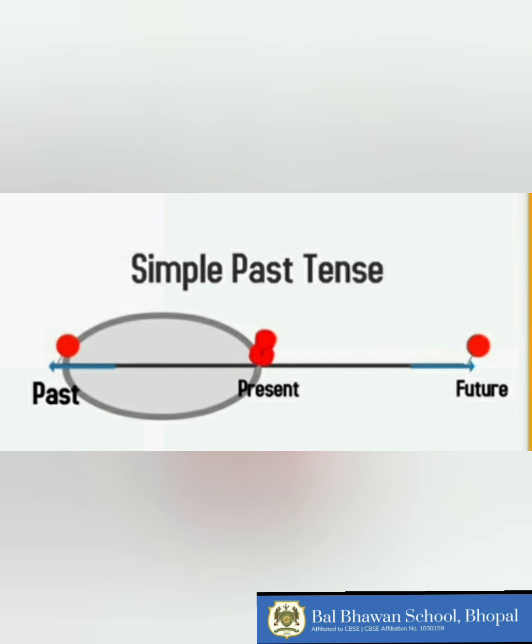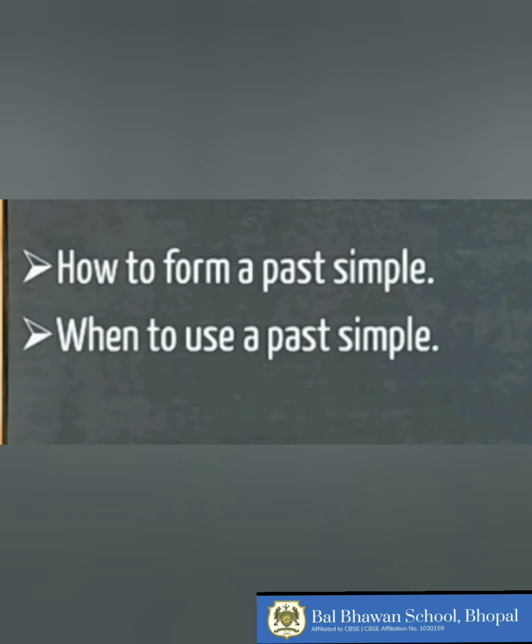Students, you can see that the tense is decided by the verb used here. And the verbs in these sentences are clearly indicating an action which has happened before now, or an action started in the past and finished in the past. So this is simple past tense. We will see in this video how to form a simple past tense and how to use a simple past